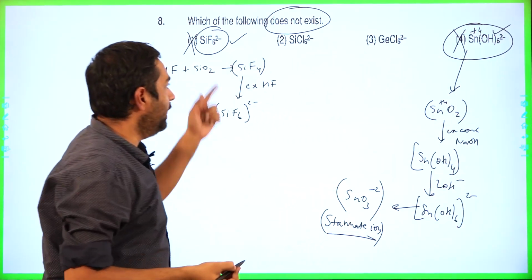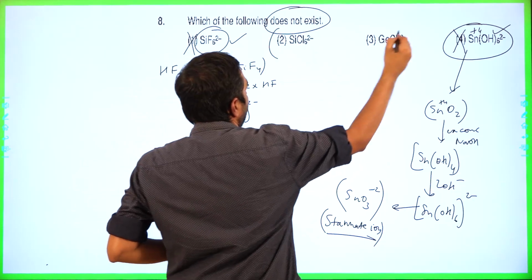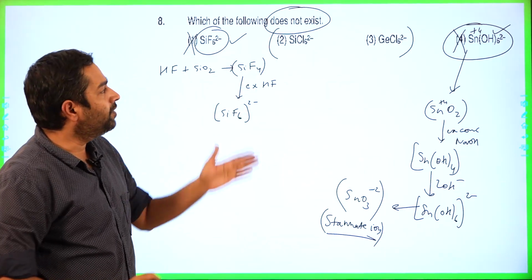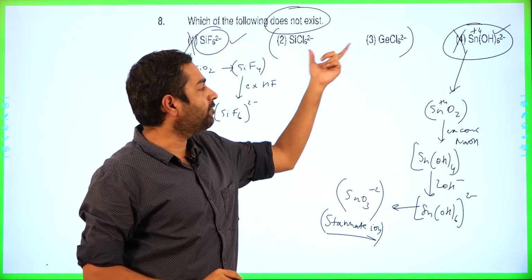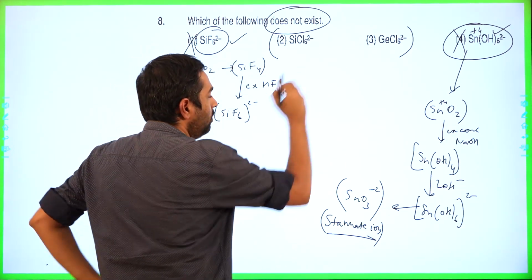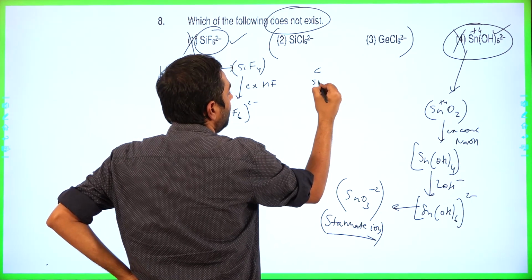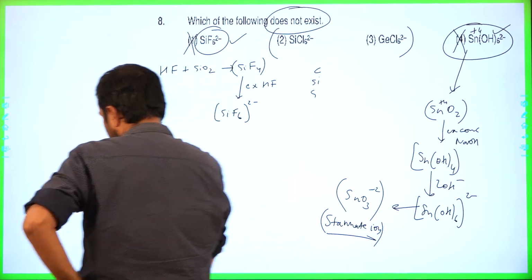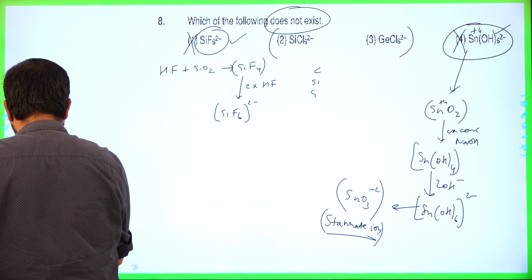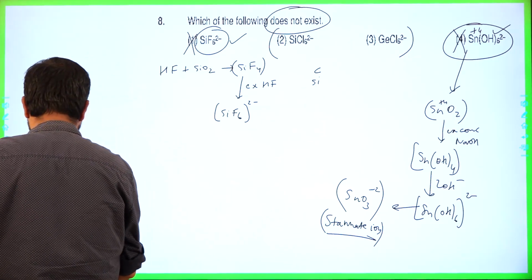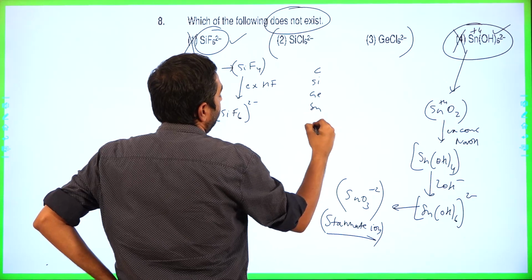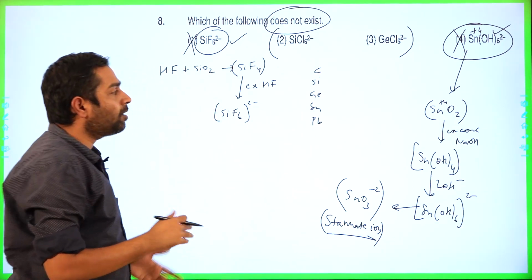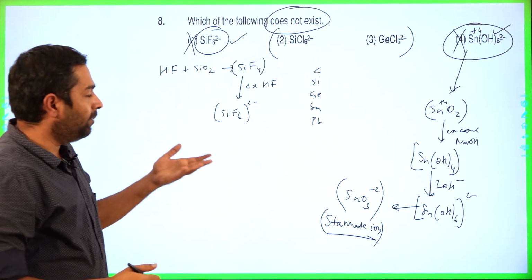This is also wrong. Now we have got 2 options. We are down to 2 options right now. When you are down to 2 options, job becomes much easier. Alright. Now if I have to pick among these 2, let's have a look now. When you are considering the carbon family, we are having carbon, silicon, germanium, tin and lead. So when I am going to be having carbon, silicon, germanium, tin and lead, I am going to be having,